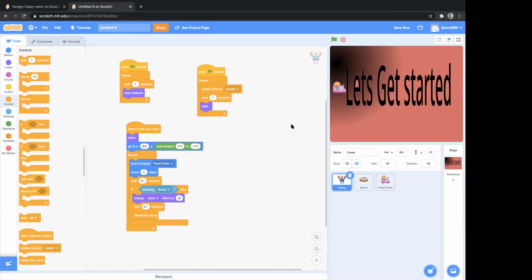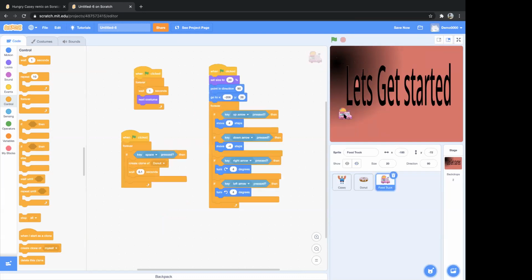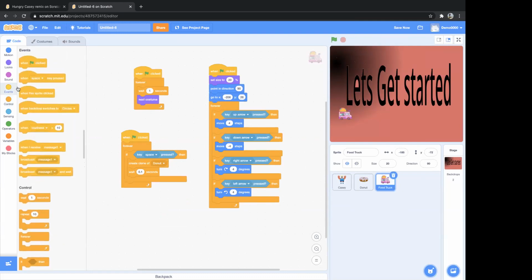Okay. For that, let's say we want to click on the food truck and then jump to some other thing. You could go to the events block and use the block when this sprite is clicked. When we click on this sprite, it should say something and jump to some other sprite.